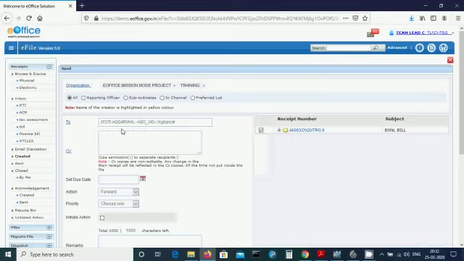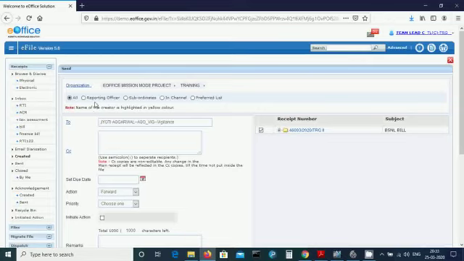Provision of radio buttons have been made available to select the user from different groups of recipients such as all, reporting officer, subordinates, in channel and preferred list. All. By default, all remain selected, giving the logged in user option to view and select a recipient from all the active users in the department.